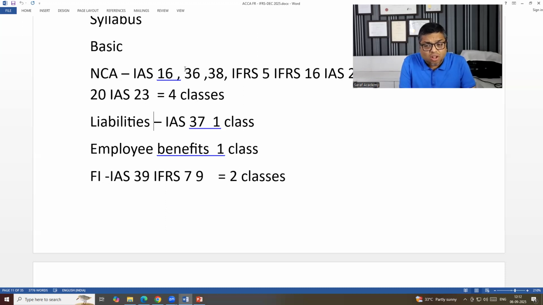So we will not study all the IAS, because many of them are already gone and not relevant. But for those IAS for which an IFRS is not published, the IAS is still relevant. And those published from 2001 to 2025 as IFRS are obviously relevant. So we are going to study IAS and IFRS. In common language, IAS and IFRS are used interchangeably. Prakash Saraf, Saraf Prakash, doesn't have any difference. It's the same person. So IAS or IFRS, same thing.